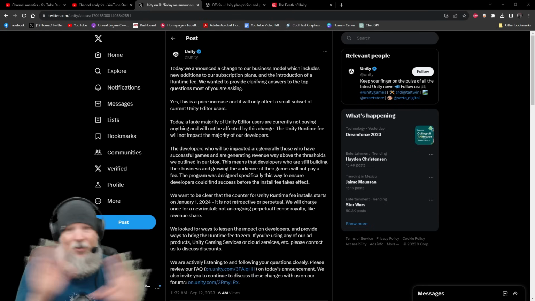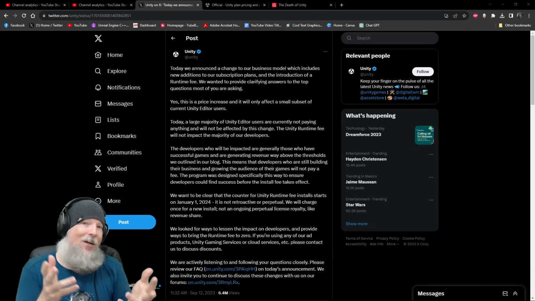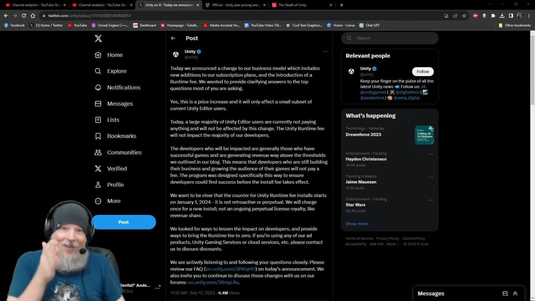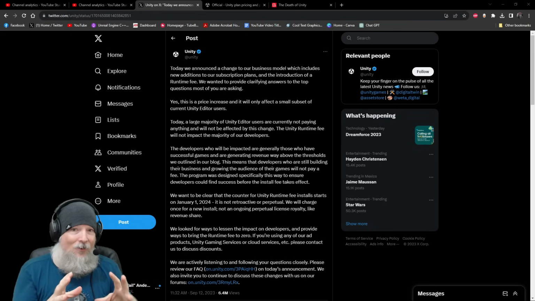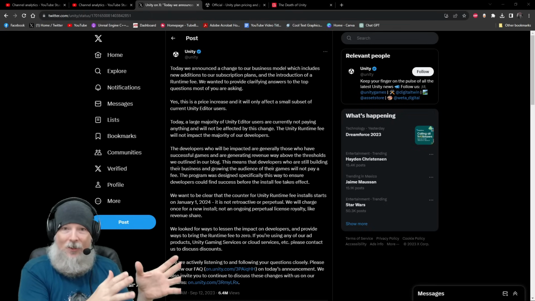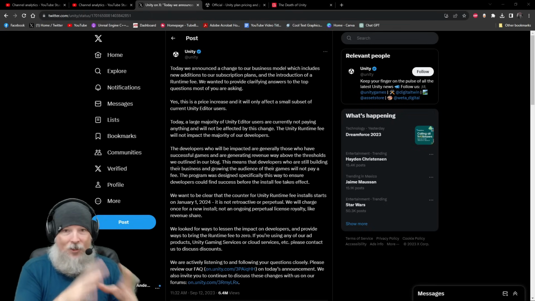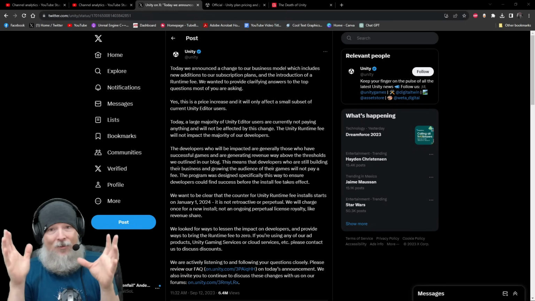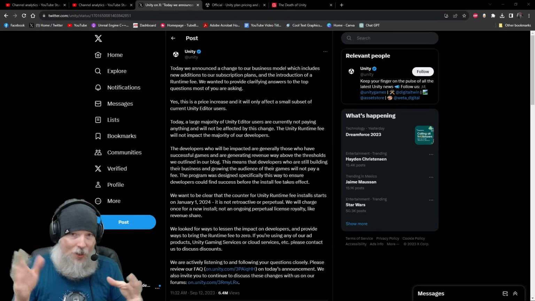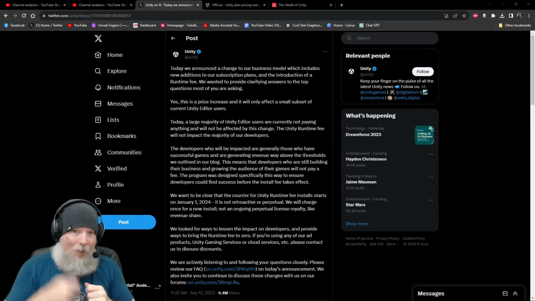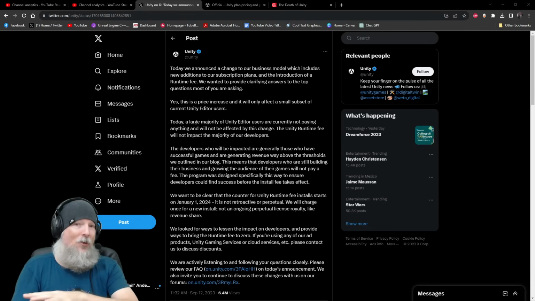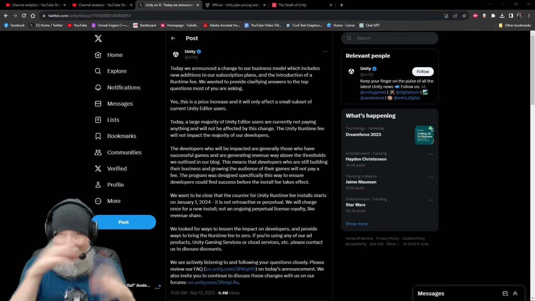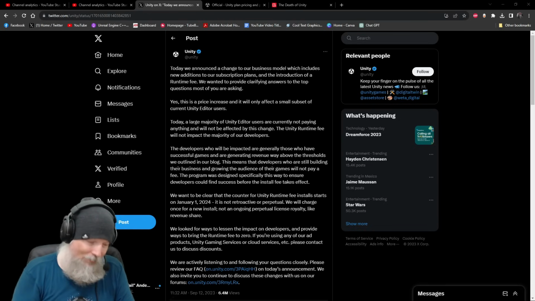Now, did they learn nothing from Wizards of the Coast? Because this is exactly what Wizards of the Coast tried to do to all of the people using the OGL, the Open Game License that has been in use for more than 20 years. Wizards of the Coast came in and said, we're going to change everything. All that stuff that you thought you got, we're taking most of it away, and now we're going to start charging you. But don't worry, it's not going to affect the little guys. It's only the ones who are making profit. And here's how we're going to charge you and make all this money.